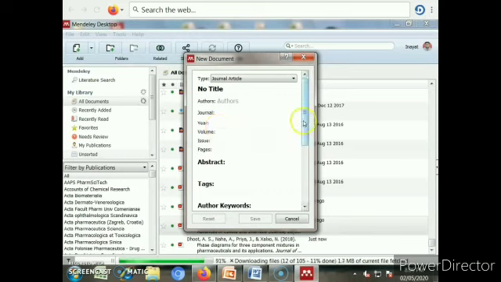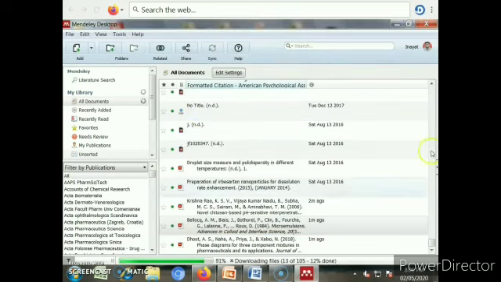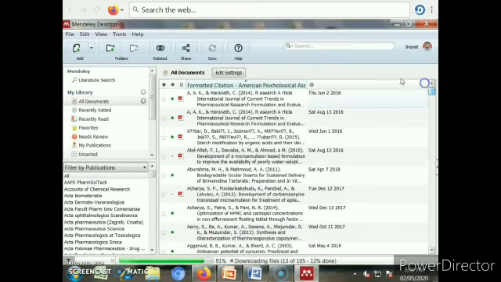Next we can add the article manually also. So we can add the name of the author, name of the journal, year, volume. Once you have added this, you can save this in the Mendeley library. So in this way we can add by three methods: by the single file, by folder, and manually. Now we'll see how to insert the references into the document.